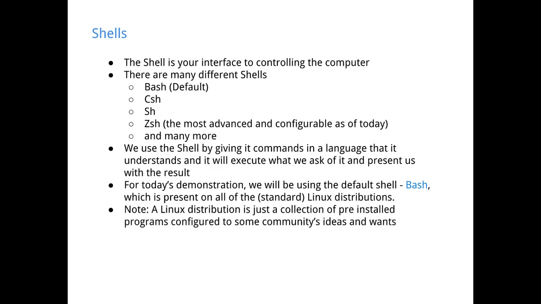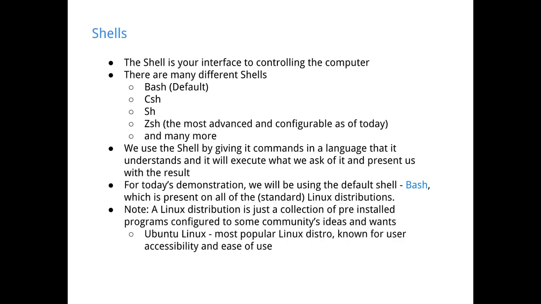I mentioned this word Linux distribution, and it's just a collection of pre-installed programs. So some people get together and say, okay, these are the set of default programs I want to use. So they make a Linux distribution where they take the Linux kernel and all of the GNU core utilities, and those things are old command lines, so they're not pretty. Well, you go and you get Ubuntu Linux where they have already pre-configured everything. It looks pretty, it works nice, you don't have to think about anything like that. So those are your Linux distros, and there's a ton of them. I mean, you could all make some of them.